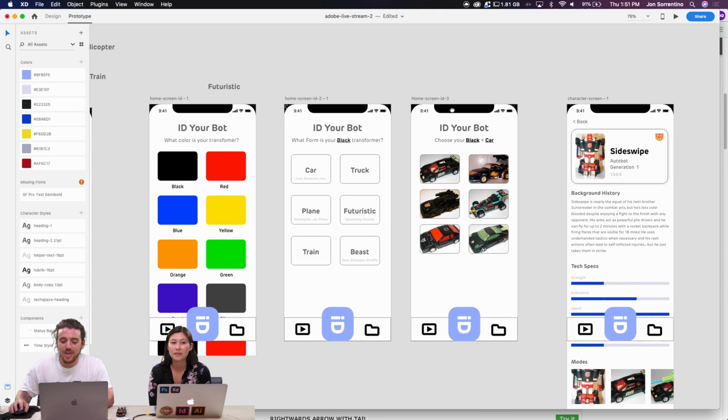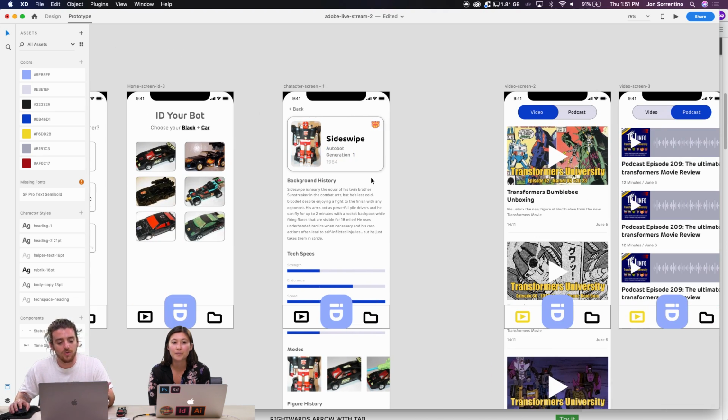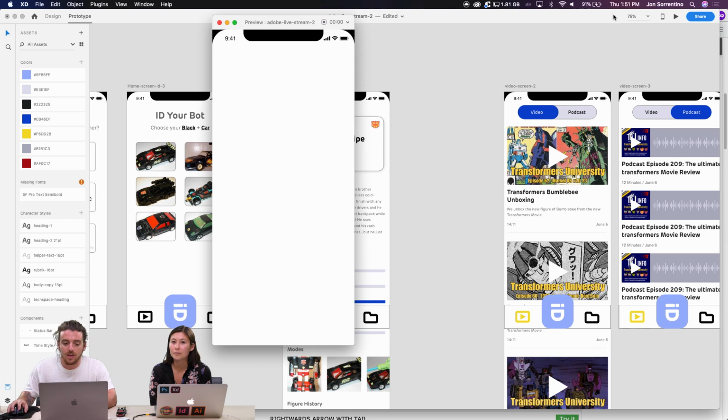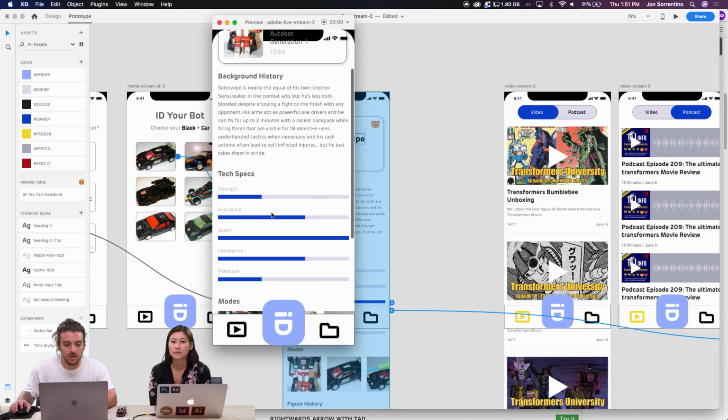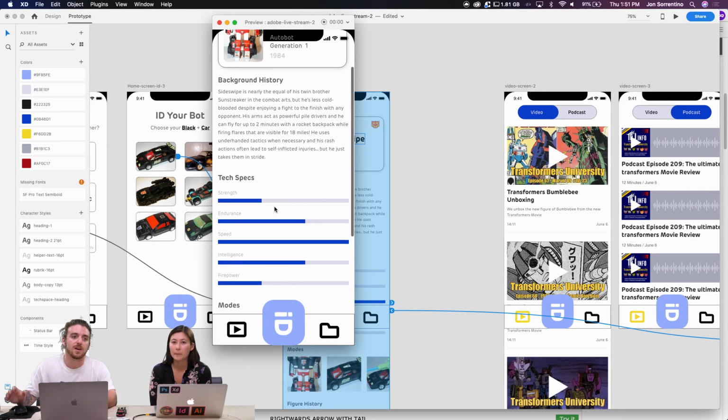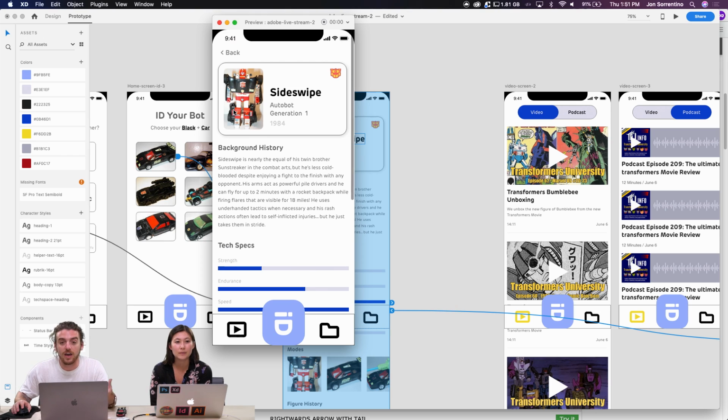And then, yeah, I think also what I would love to do eventually, and maybe this is where I get into a little bit of After Effects and a little bit more of XD, is starting to animate when we get into the moments of our tech specs here. So maybe when you land on this page, every time the bars would rise up or go from left to right. That would be cool. It draws your eye, draws your attention to that part of the page. And I think that would be a really interesting moment.